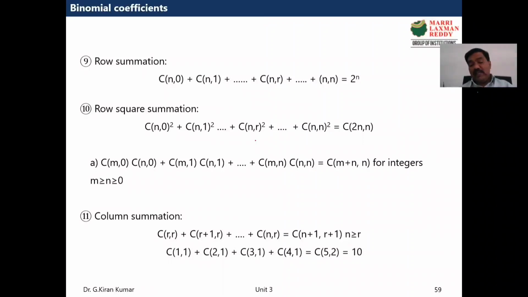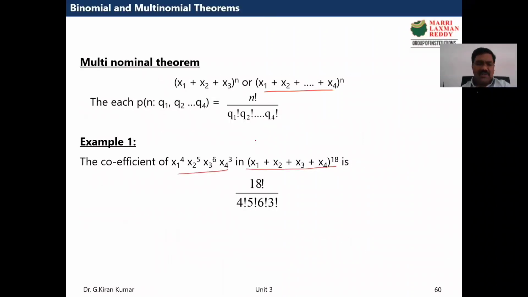binomial expansion. Now let us see one interesting topic, which maybe you would not have studied in school days, maybe in the plus 2: how you expand a multinomial. Before that, how you write the coefficients of a particular term in the multinomial. What do you mean by multinomial? You know that binomial means there are only 2 variables. If the expression has more than 2 variables, then we call that a multinomial.